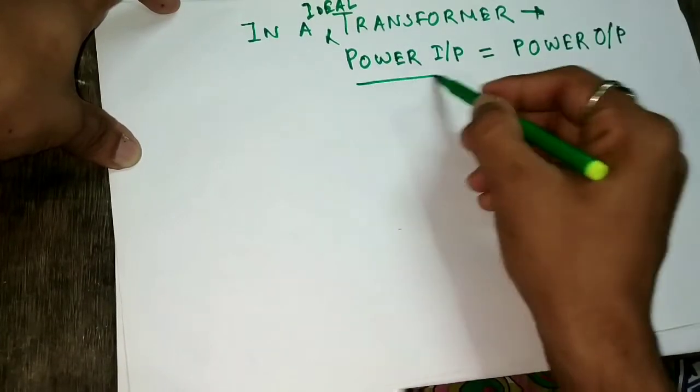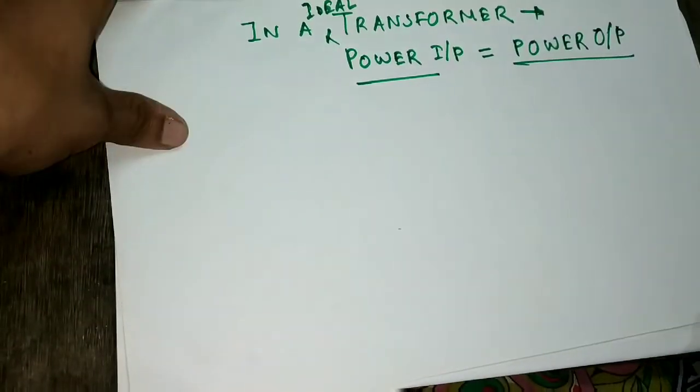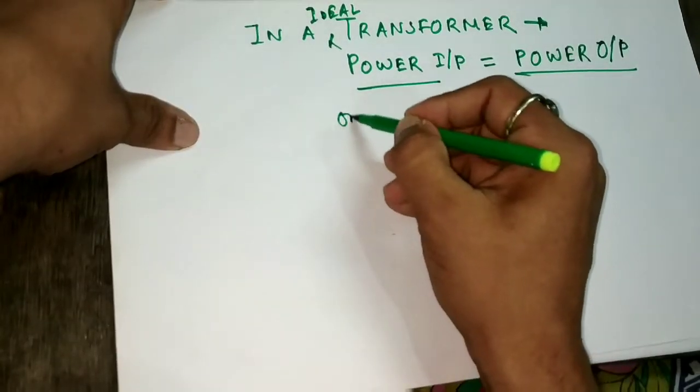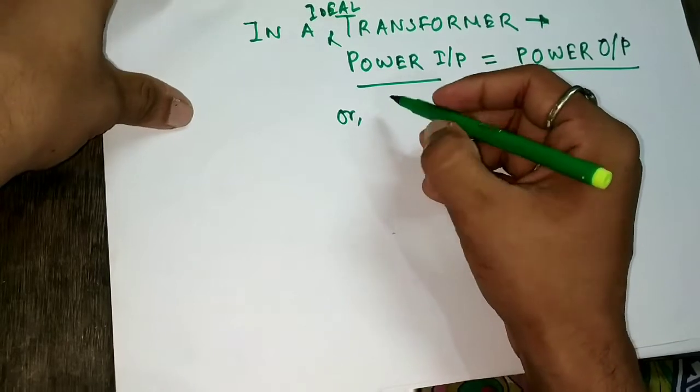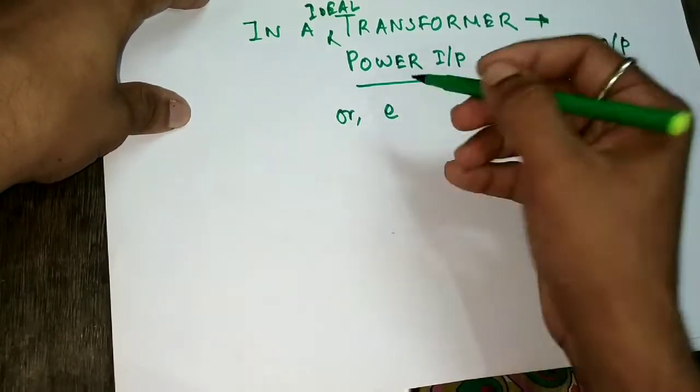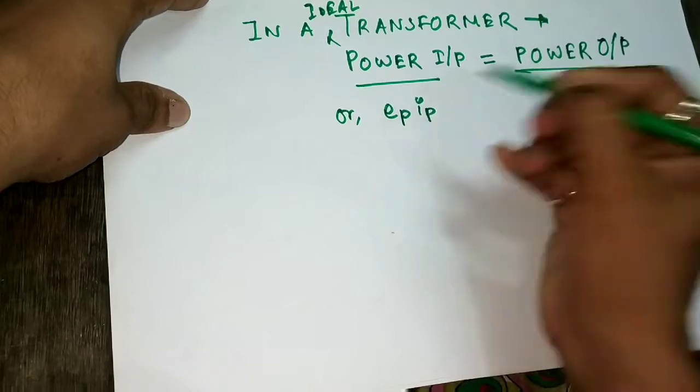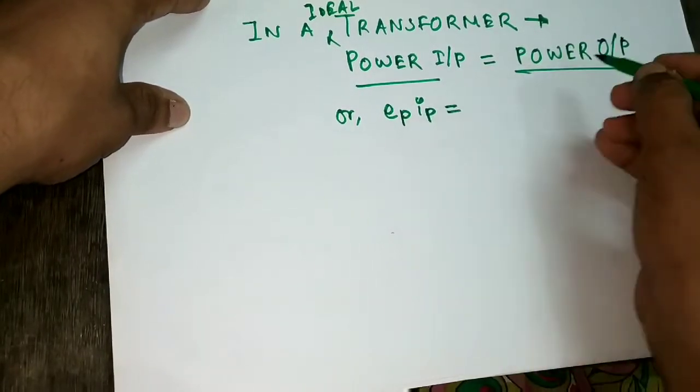The power remains constant. So the power on the primary side, the input side, that is EP·IP, is equal to the power output,